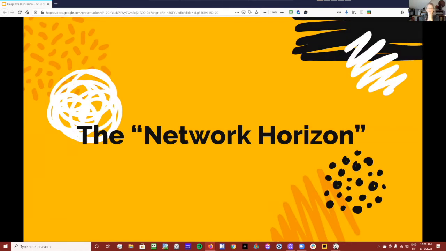So I recently was in a workshop with Valdez Krebs, who was sort of June Holly's colleague, and maybe an advisor of hers as she was generating her network weaver approach back in the day. And he used this word, the network horizon, which when he used it, all of a sudden all these light bulbs went off in my head.